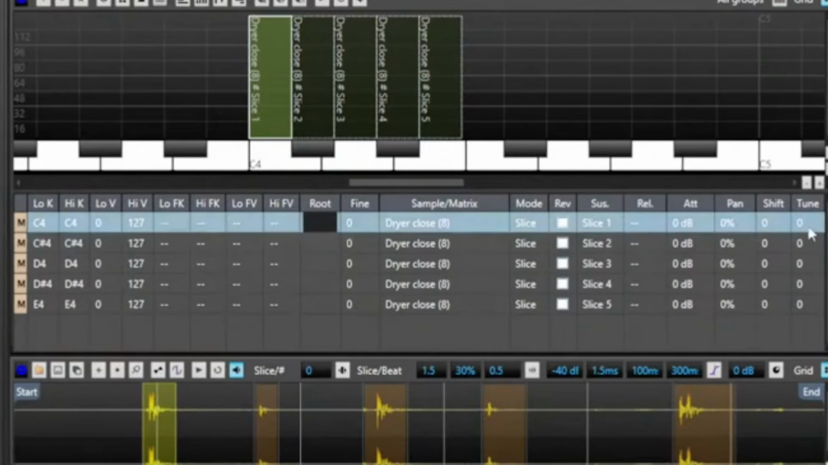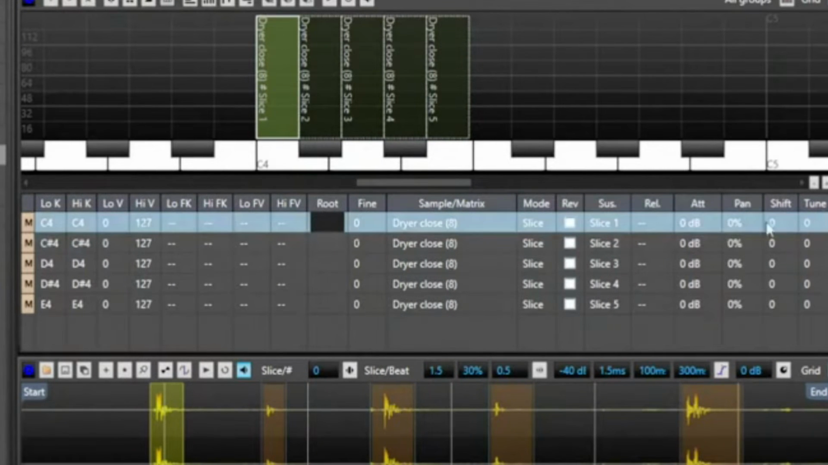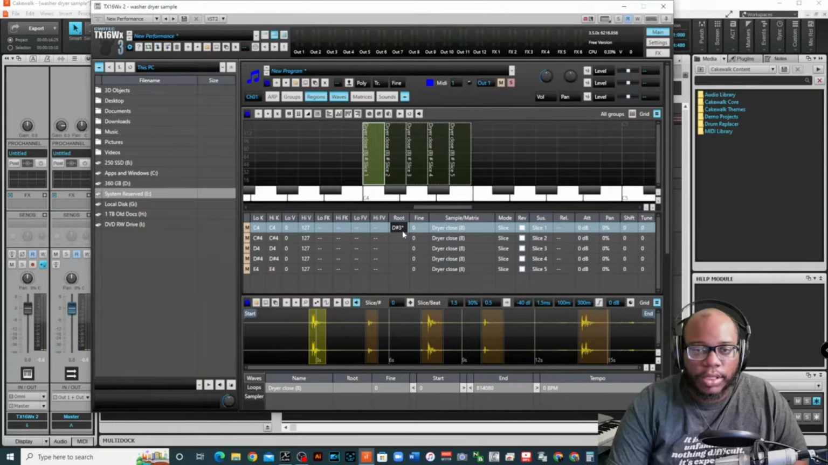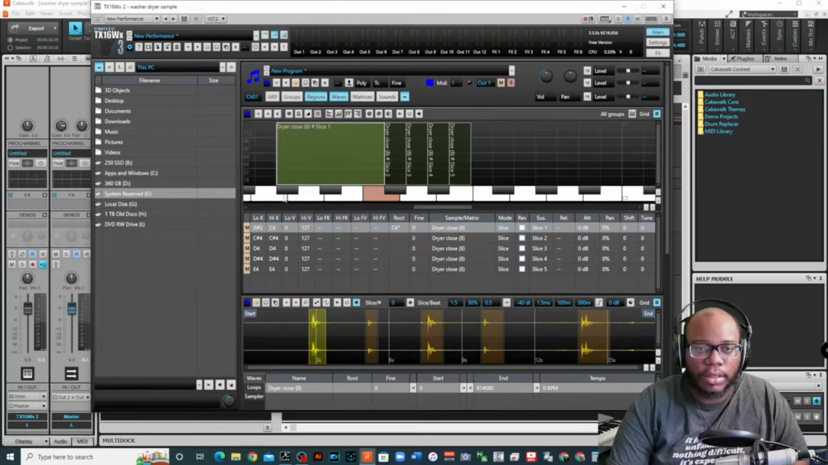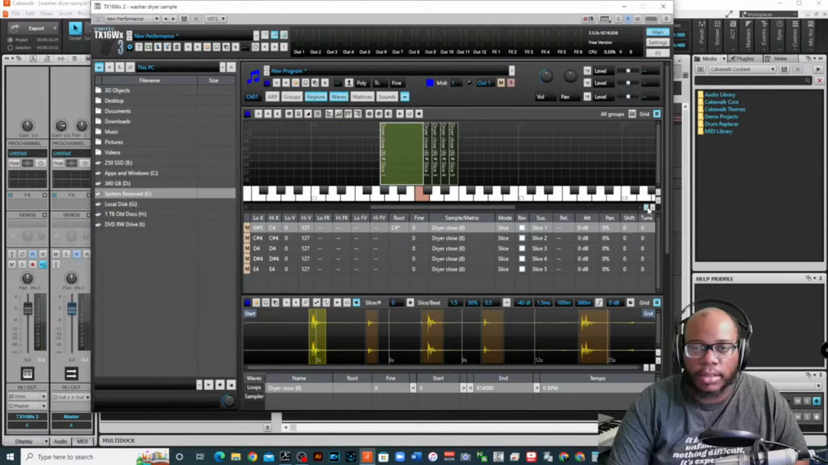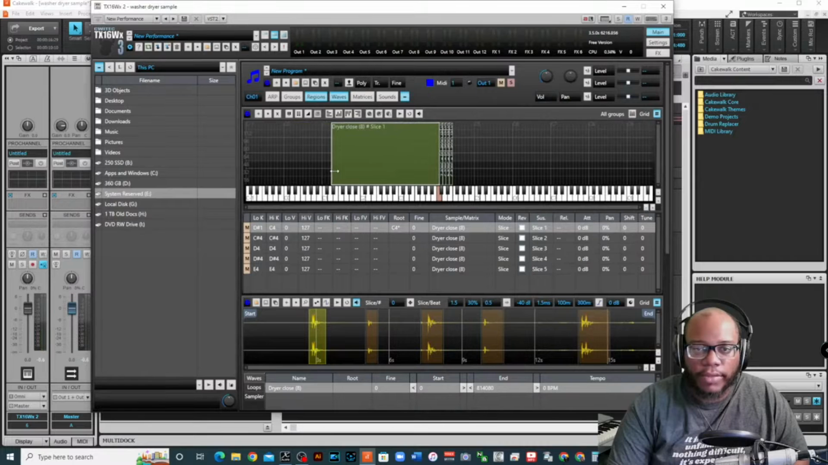Actually, there's a few other things you can do. You can adjust the shift, the tune, attenuation, the release, the sustain. You can adjust the root and you'll see it go up the keyboard. So if I set it to C4, now if I stretch this note out, you can notice it's going up and down. Or if I want to go out even more,